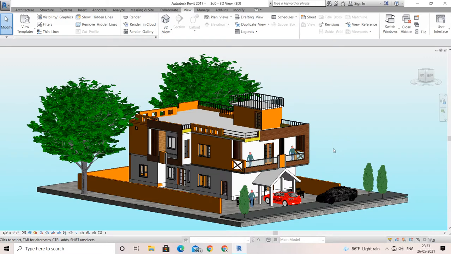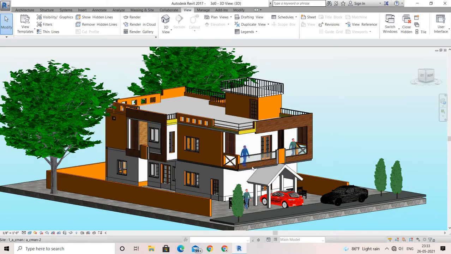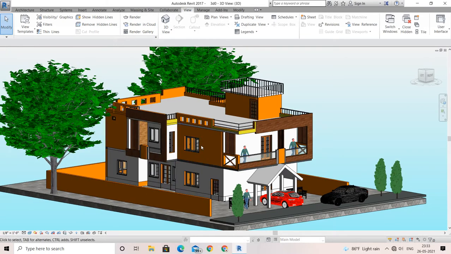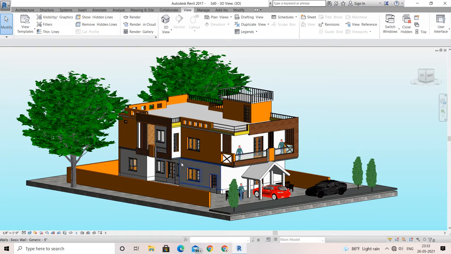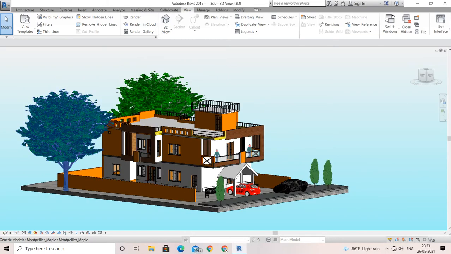In this tutorial I'm not going to tell you everything about how to draw this type of elevation of a building plan, but I will definitely show you the plan of this plot, the floor plan, and I did it in Revit. I hope you all are using Revit for architectural as well as structural drawings, so you know how to handle this. You can see that I have hidden my project browser here.